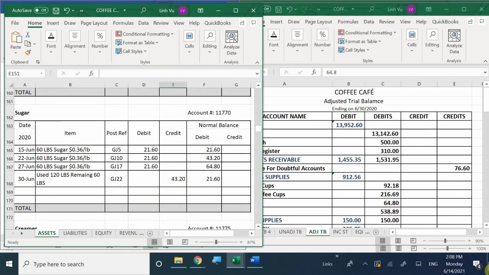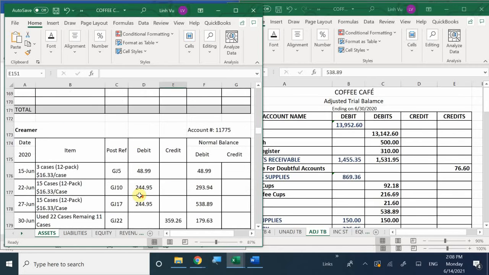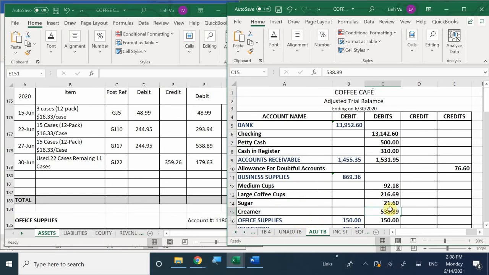What's my value in my sugar? 21.60. All right. And last but not least, what is my total amount that I have in my creamer? 179.63, right? And that made up a total tally of